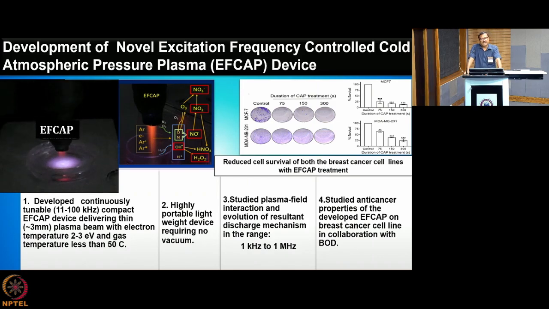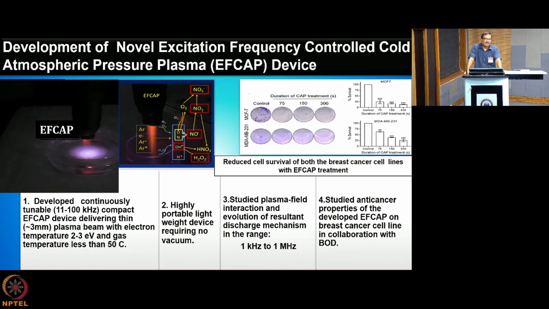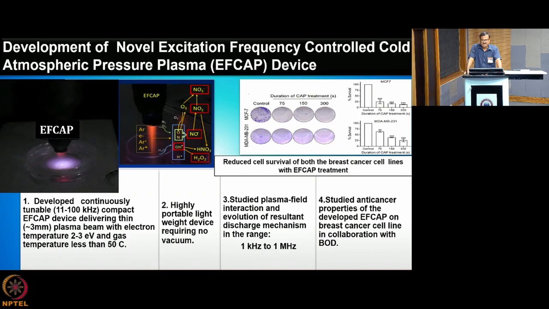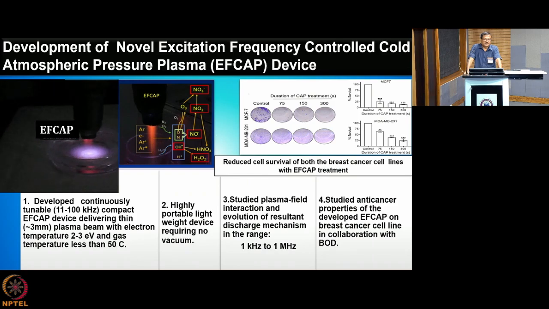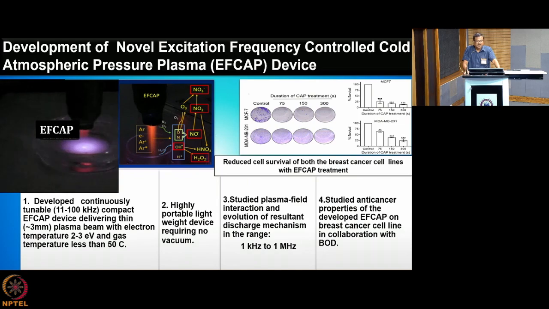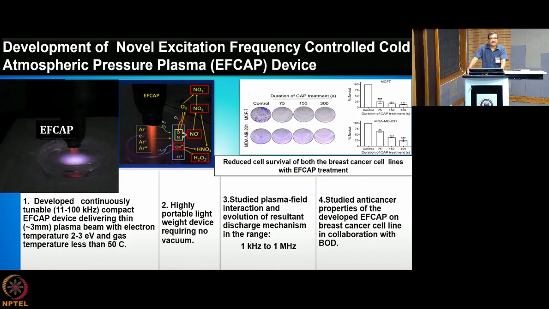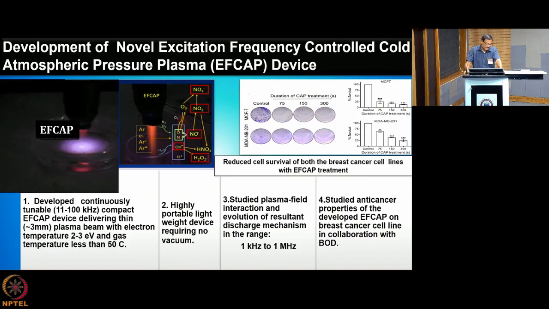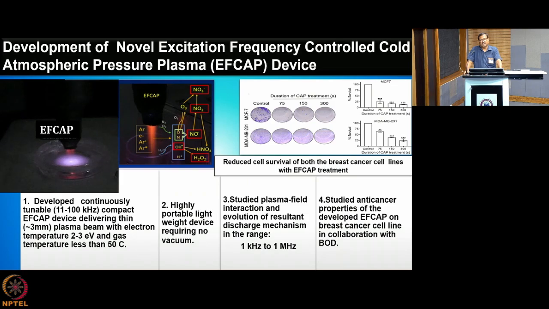I only want to say that such devices are usually called CAP devices, or cold atmospheric pressure plasma devices. They find many interesting applications in the biomedical area and the novel material synthesis area, like drug delivery, new drugs, and polymerization. So in this area they are finding wonderful applications nowadays, and research in this area is coming up like anything at present.